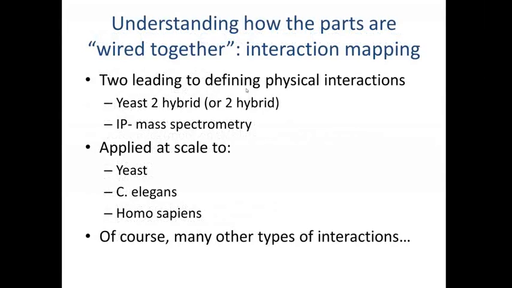So the second goal, which is going to be the majority of this lecture, is understanding how the parts are wired together. And that really boils down to interaction mapping. So there are two leading approaches to defining physical interactions. The first is the yeast-2 hybrid approach, and the second is IP mass spectrometry. And these methods have been applied at scale to understanding interaction networks in yeast, elegans, Drosophila, Homo sapiens, and of